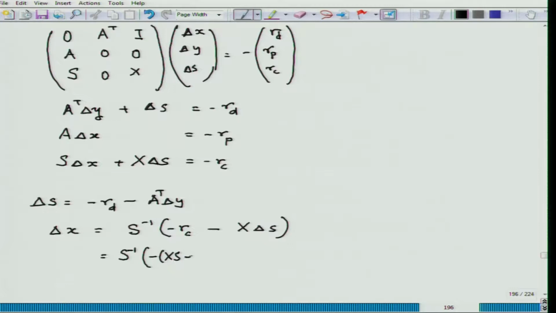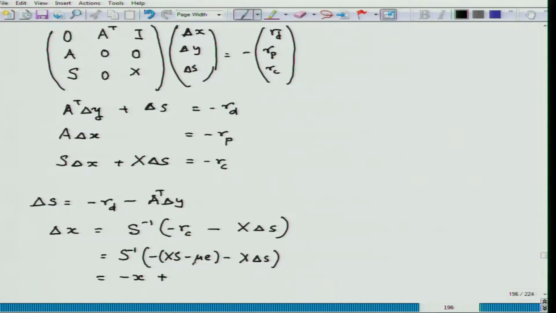X and S commute, since these are diagonal matrices, and so you will have minus X plus